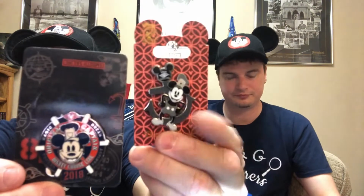And then we also have the Disney Cruise Line, an actual ship. So I want to collect all of them as we go along and make a nice souvenir. And the only two additional, because I also had the one with Goofy and painting of the ship, I just got these two, which is Steamboat Willie with the Disney Cruise Line emblem, and then also this one, which is a 2018 Disney Cruise one. So pretty cool. And then last but not least, we got two of the same, so I'm just going to